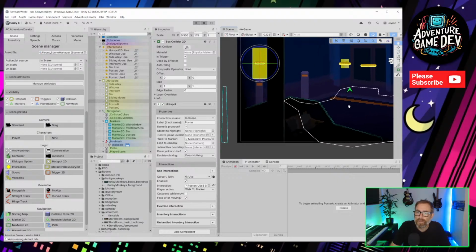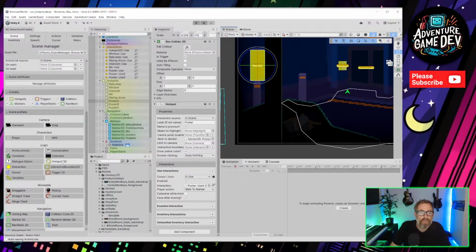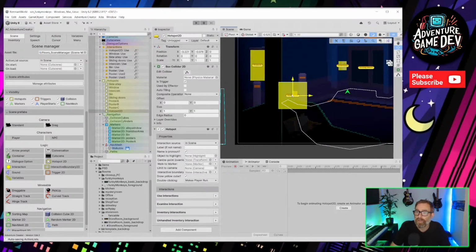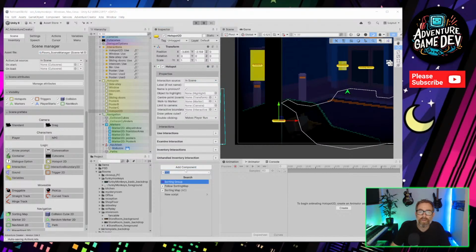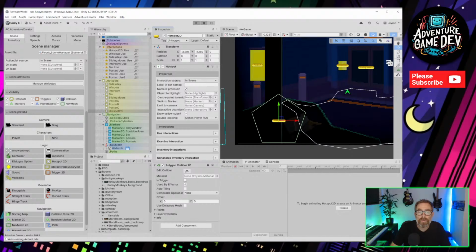We'll maybe put a little hotspot over the car as well. Let's do that so you can have a running joke about his mundane car, because everything in Clive's life is pretty safe and sensible, his car included. So let's just remove the box collider, add a polygon collider, make sure we set it to is trigger, edit that polygon.